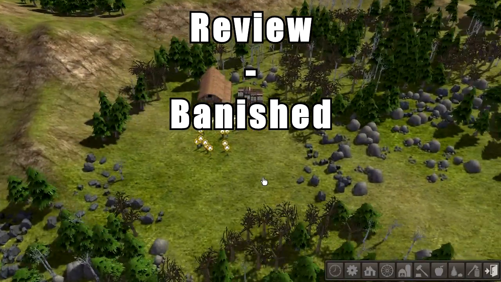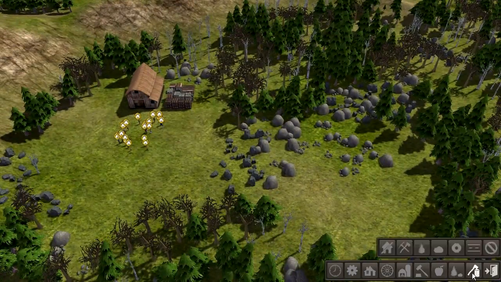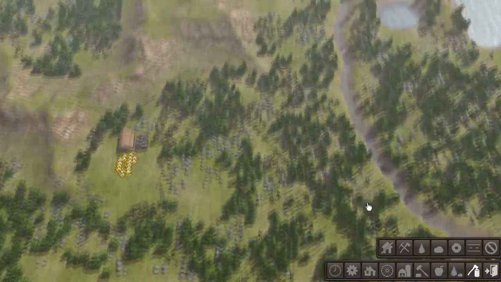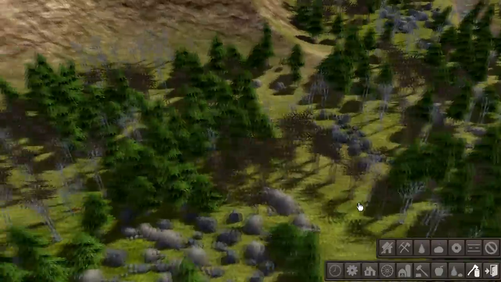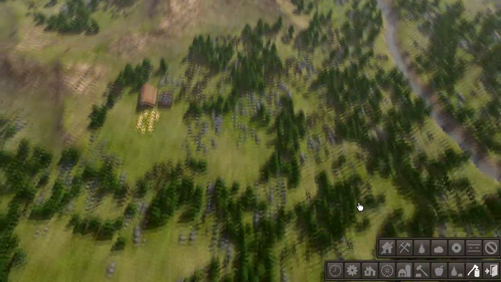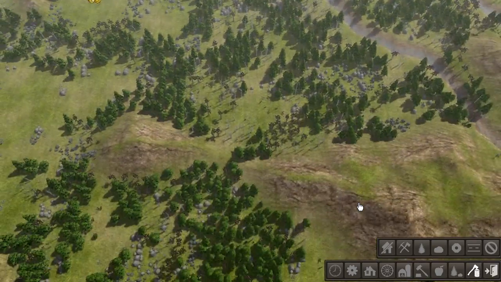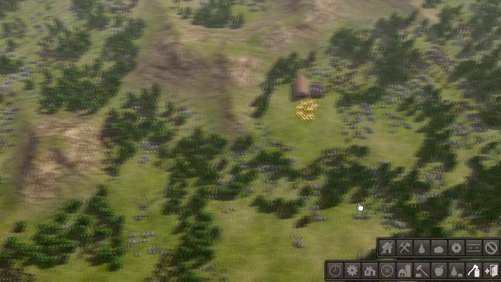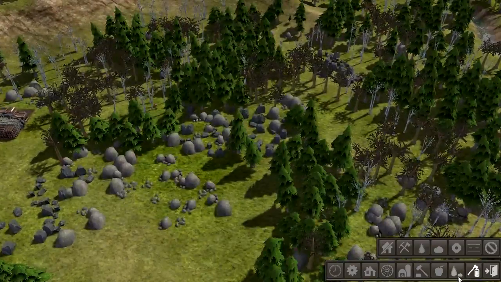This is Banished for PC. This is a city building game by Shining Rock Software that was released for PC in February of 2014, and it's particularly interesting for a couple of reasons, the first of which being that it's a city building game in this day and age, which is almost unheard of. We haven't really seen a proper city building game since the early 2000s, and yet this thing comes along, and